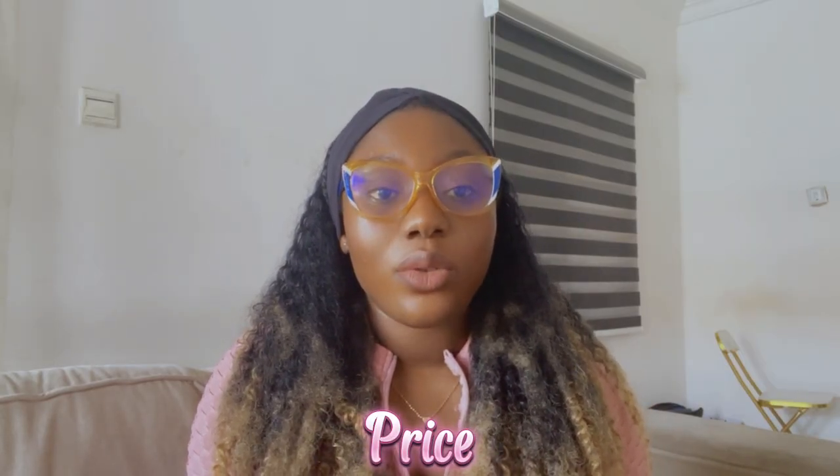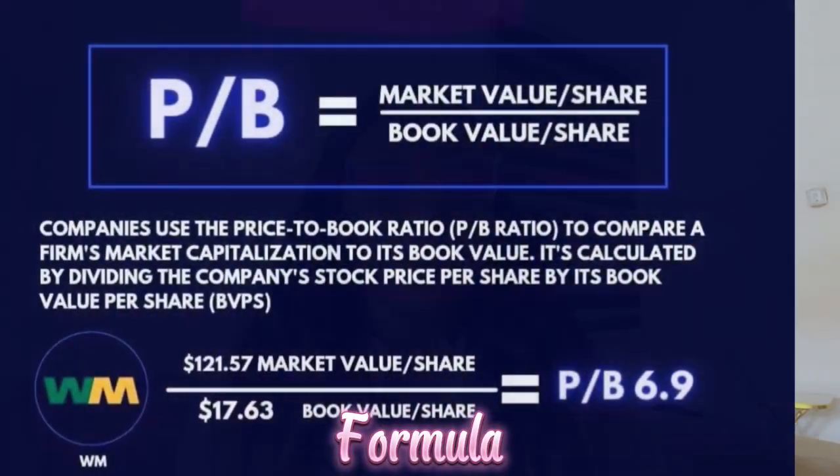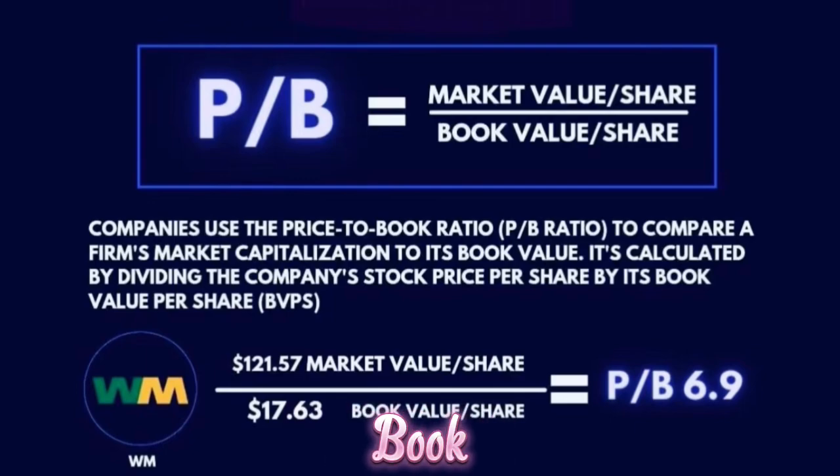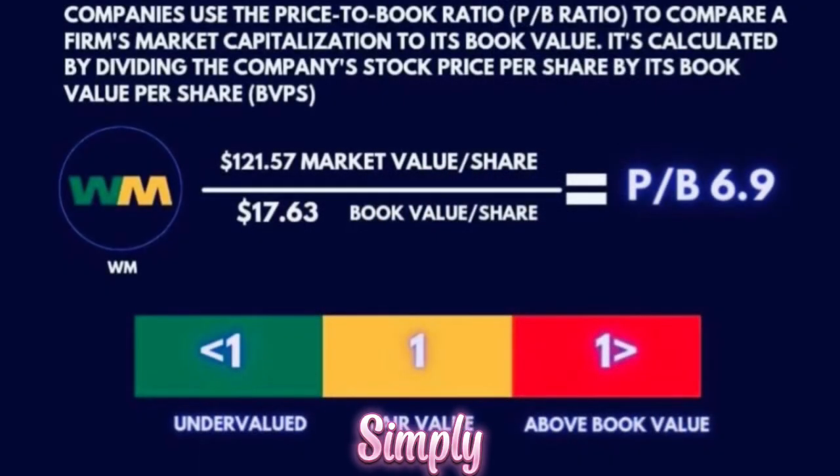Also, we have the price to book ratio, which is also known as the PB ratio. The price to book ratio simply compares the company's current stock price to the value of the company's assets. So the formula for PB ratio is simply share price divided by book value per share. This formula shows how much you are paying for each 1 naira of the company's net assets. For example, if a stock has a PB ratio of 1, it means you are paying exactly what the company's assets are worth. A PB below 1 means the stock is overvalued, while a high PB could mean that investors expect the company to grow or it may be overpriced. So it shares some similarities with PE ratio.